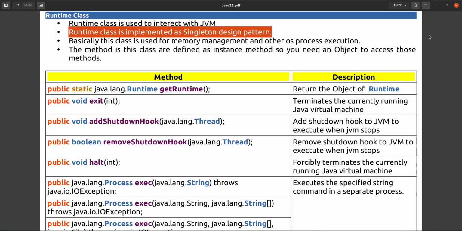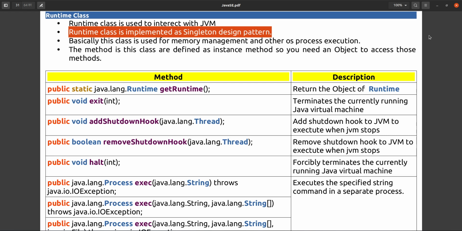A design pattern is a pattern that allows you to design some specific object for a specific purpose. Singleton means you can create only one object.